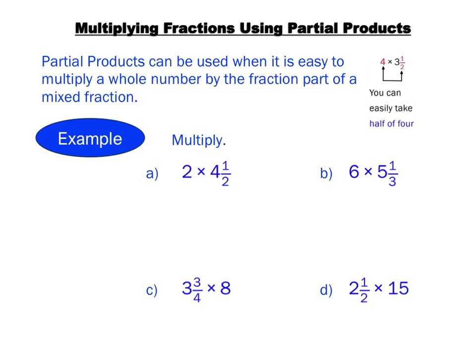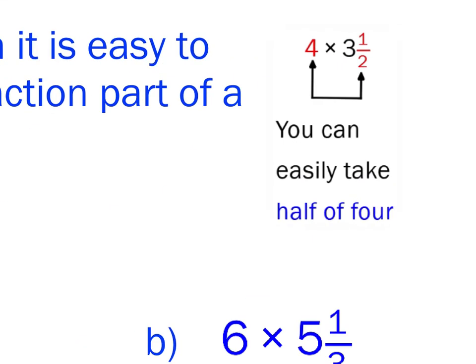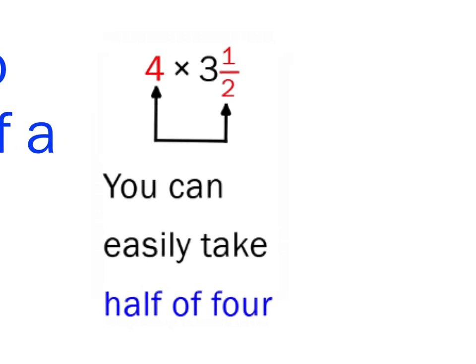In today's lesson, we're going to be multiplying fractions using partial products. Partial products can be used when it's easy to multiply a whole number by a mixed fraction, and more specifically, it's easy to multiply that whole number by the fraction part of a mixed fraction. So for example, if we take a look at this, 4 times 3.5, so we're multiplying a whole number by a mixed number,